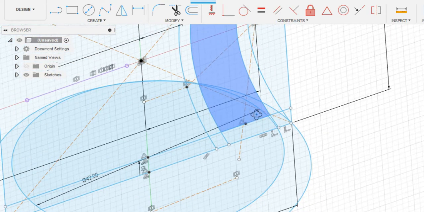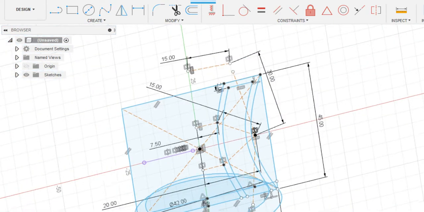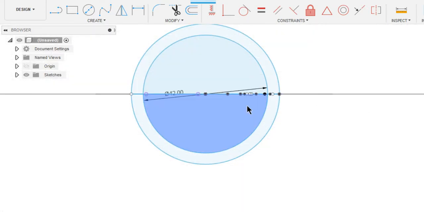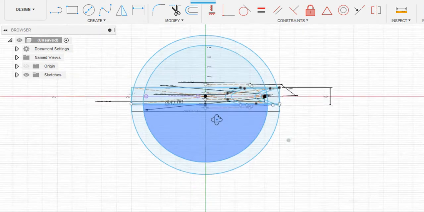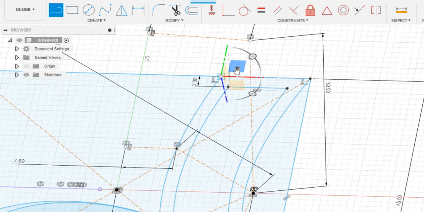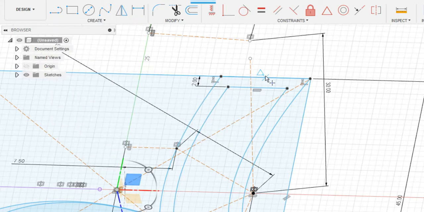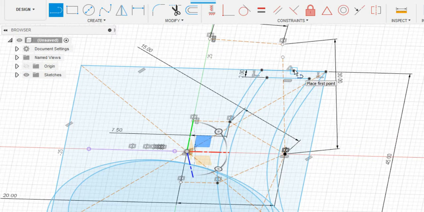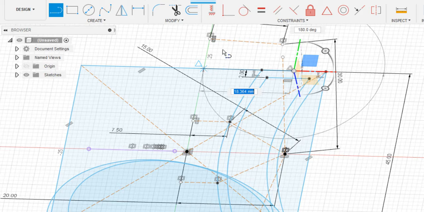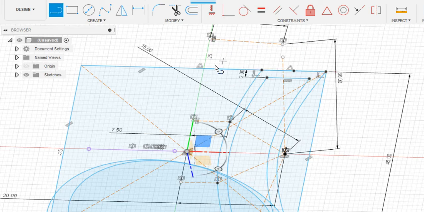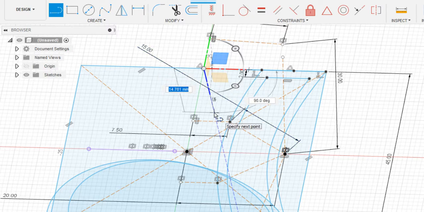We're almost done, guys, just a few clicks more. Let's switch to top view and we just have to create that same point in here so that we'll be drawing a line from this point to this point. That is our rod. Draw a line from this point to this point. We are going to get the midpoint of that line. Select point and place it at the middle of that line. Now draw a line from that point and repeat the line. Draw a line in the X direction.